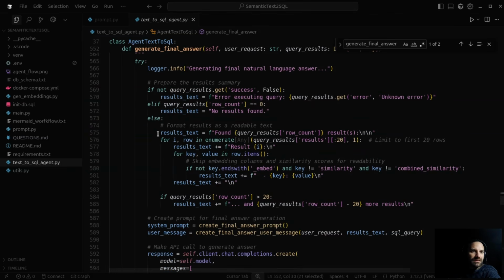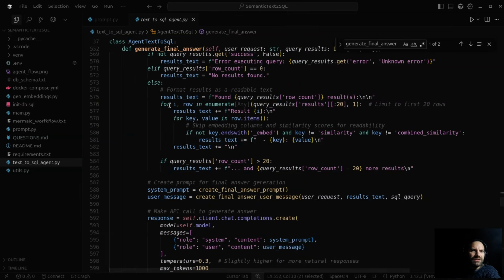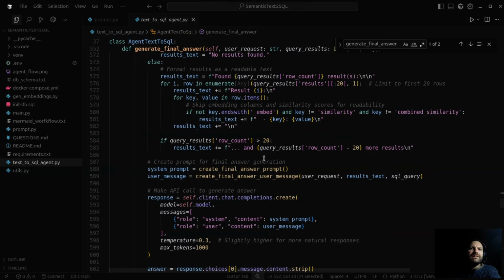So it starts with a summary of how many results we got. And after here, show the first 20 results, a limit for readability and token usage. But we can change this parameter, because we slice this at 20, the first 20 items. And after this, in this case we add a header for the result and iterate through each column in these row items, which gives us column name and values as